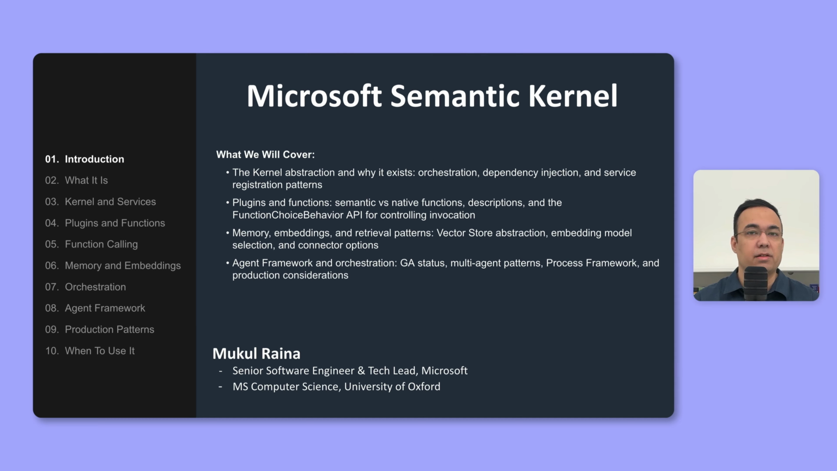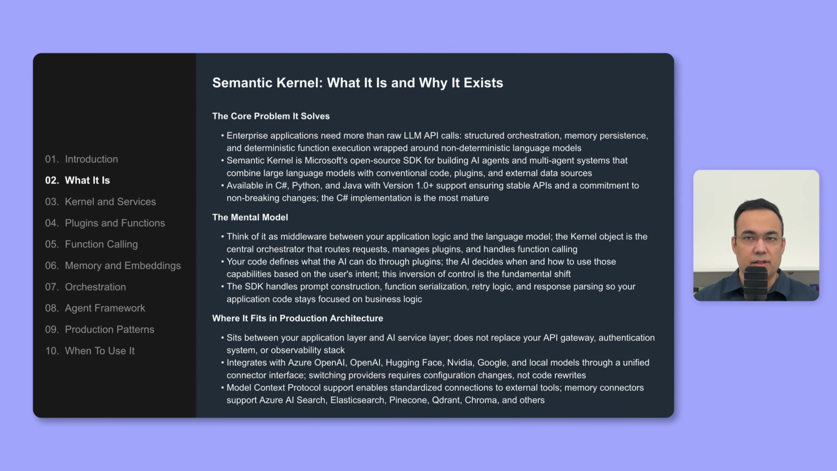And this is where Semantic Kernel comes in as a middleware layer, where Semantic Kernel provides the kernel abstraction through plugins and function calling to the agent framework and multi-agent orchestration patterns. The core challenge it solves is that enterprise applications need more than raw LLM API calls. When you're building something real, something that's actually going to handle actual users and actual data, you do need structured orchestration. You need memory that can store and recall relevant information as well. You need to execute deterministic functions, things like database queries and API calls, wrapped around the non-deterministic